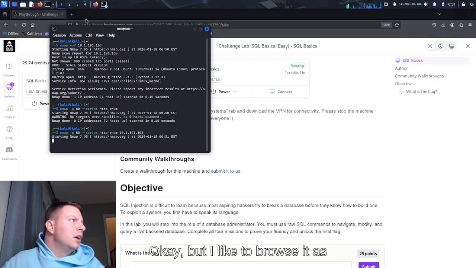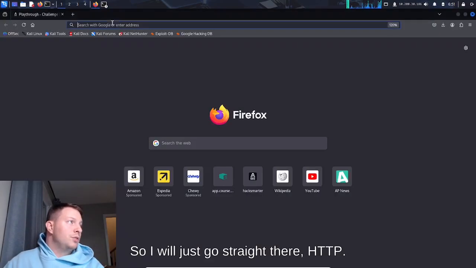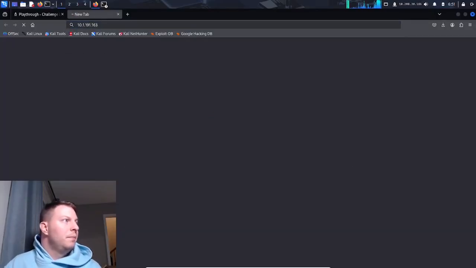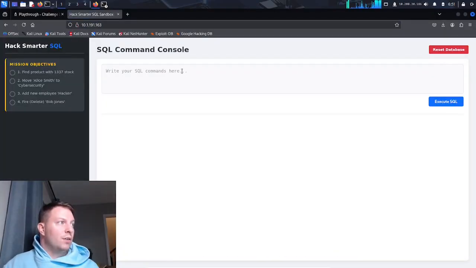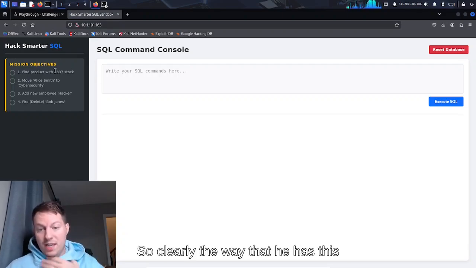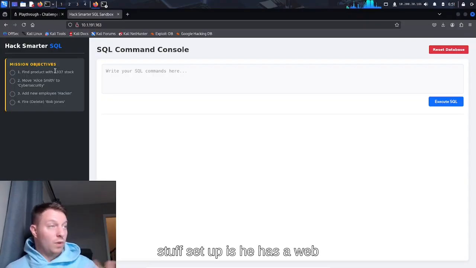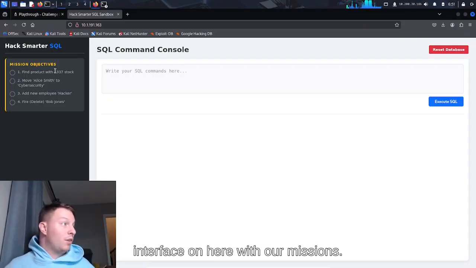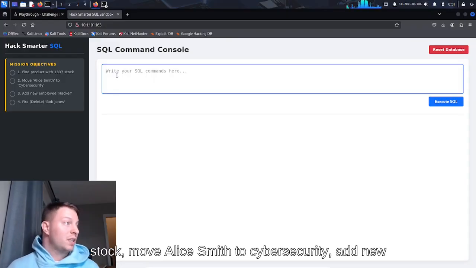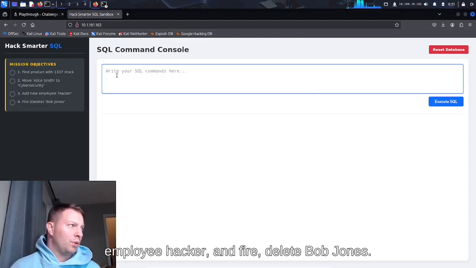But I like to browse it as well, so I will just go straight there, over HTTP. Let's see what we have here. SQL command console. So here's our mission objective. Clearly the way he has this set up is a web interface with our missions. Find a product with 1337 stock, move Alice Smith to cybersecurity, add new employee hacker,